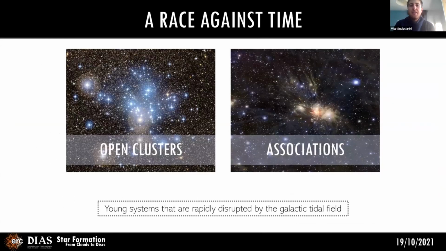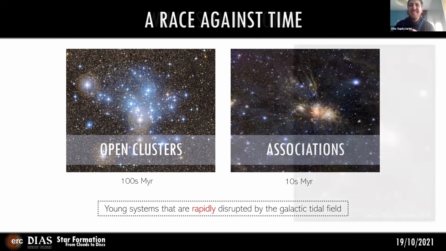And in particular, there are some structures that can manage to survive a little longer. We can see these structures that are associations and open clusters for some tens or hundreds of million years, but they are bound to be destroyed by the galactic tidal field. But we think that associations in particular are really interesting to study the problem of evolution from the original clouds to the final group of stars,